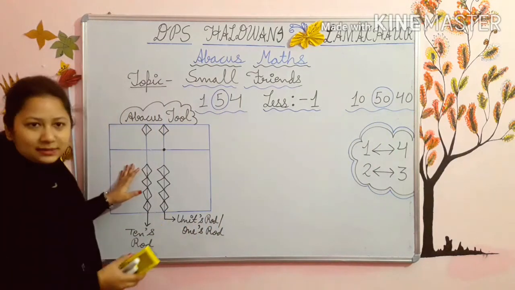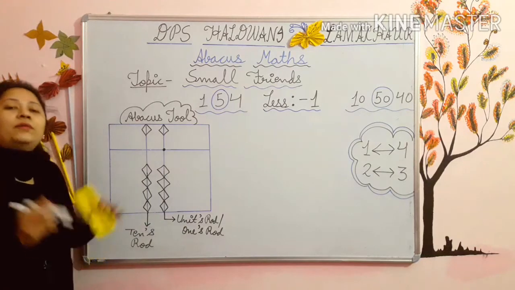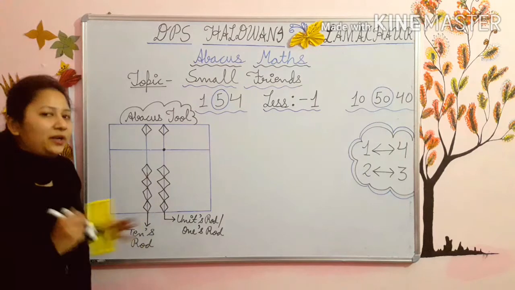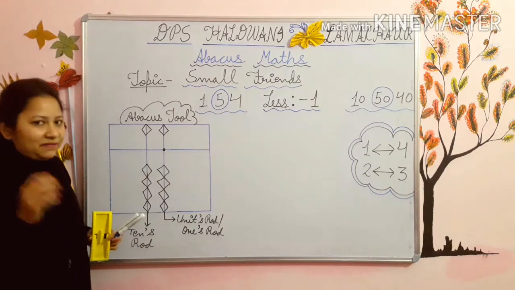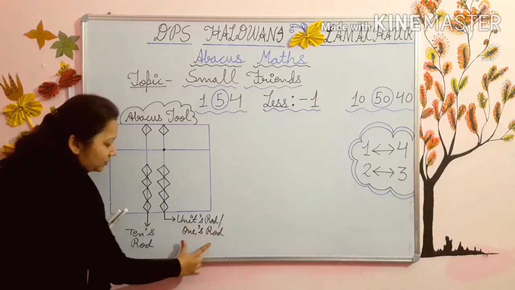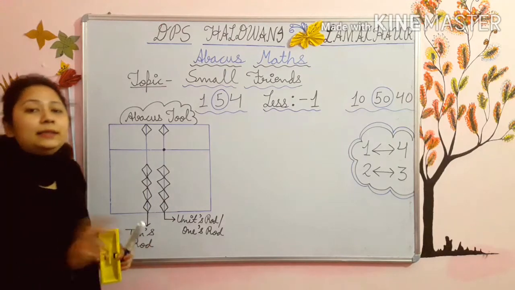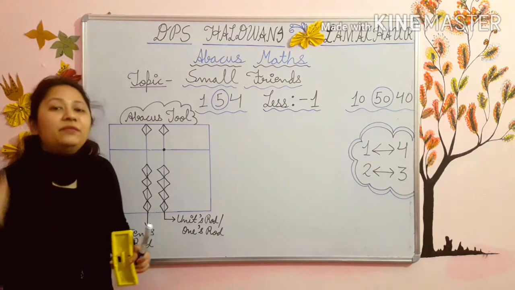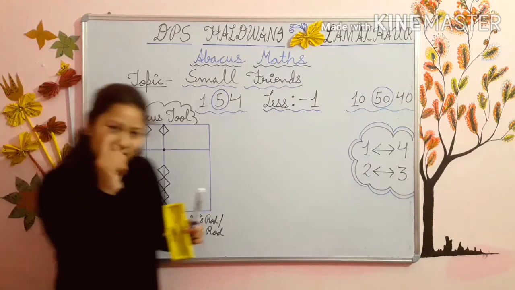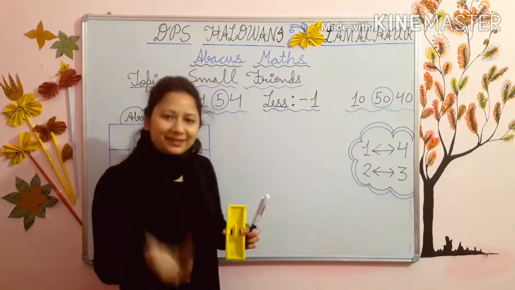Now the abacus tool. Before also we have learned about the rods and beads, and you are quite familiar with it. Now once again we will discuss it. See, the dot rod is called the units rod or the ones rod. The second rod is called the tens rod. And in these two rods only we do our sums. So let's start with our first sum. You will get this topic, this minus 1 more, when we do the sums.